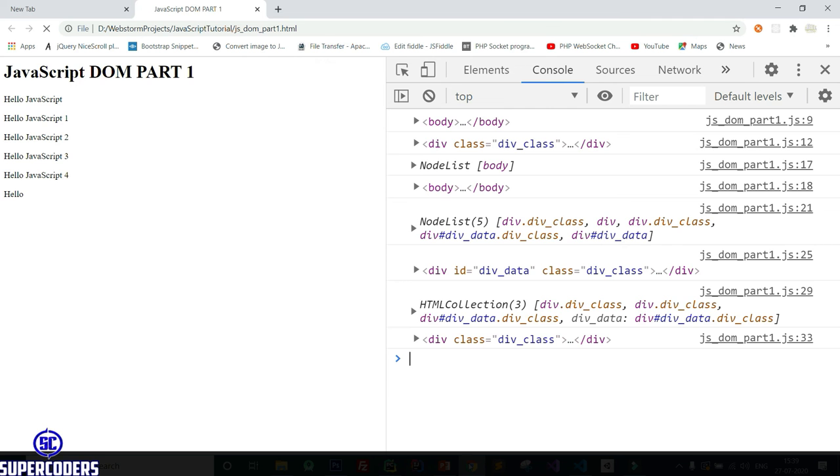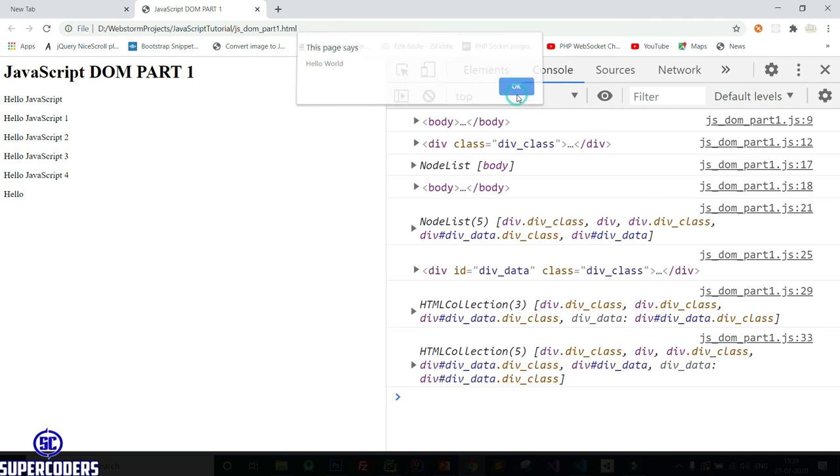Let's run, and you can see it also returns data in array format. I made a mistake in the variable name, but it returns data in array format also. So you can access HTML elements by using class name for multiple, tag name for multiple, querySelectorAll for multiple. For a single element you can use ID or querySelector for accessing only a single element.